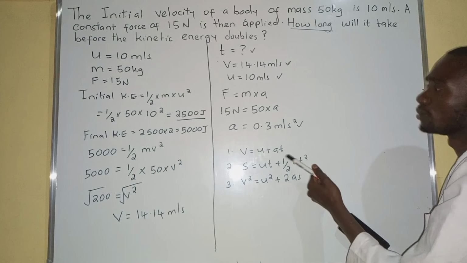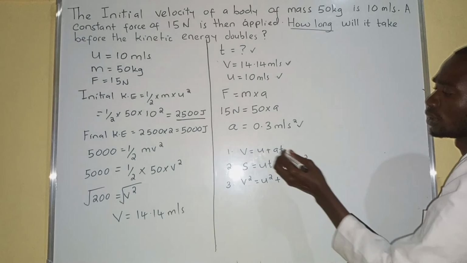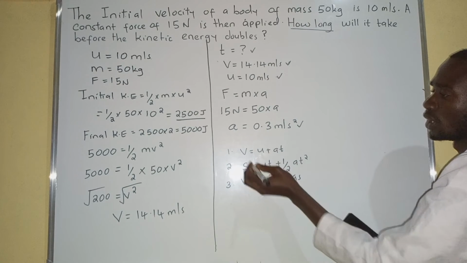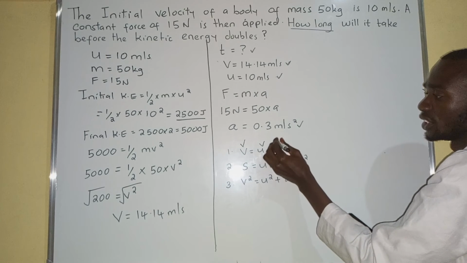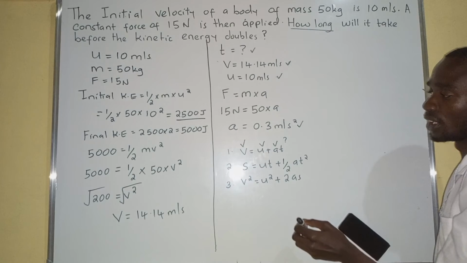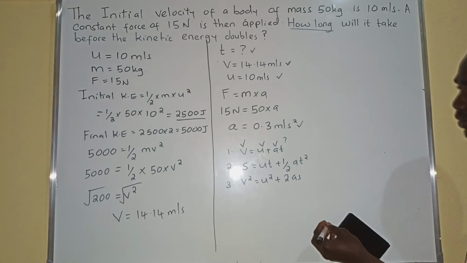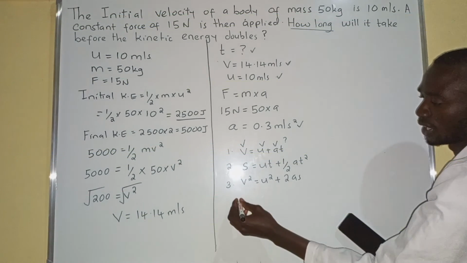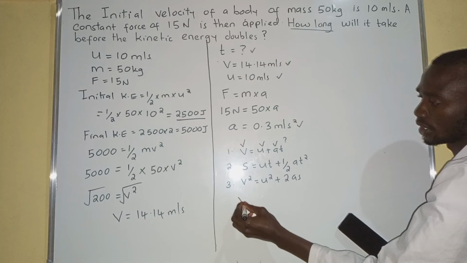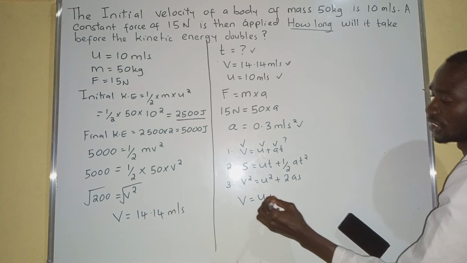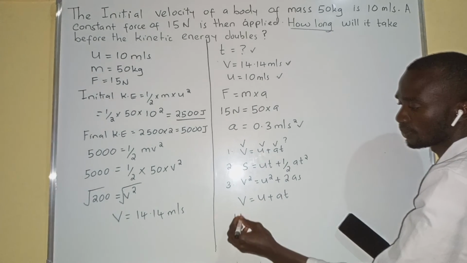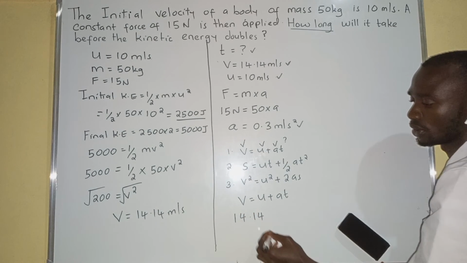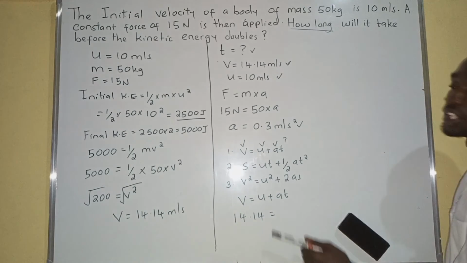So we're looking for time. This is what we are looking for. We have the final velocity, the initial velocity, and the acceleration. Now we are going to apply the first equation, v is equal to u plus at. The final velocity is 14.14, which is equal to